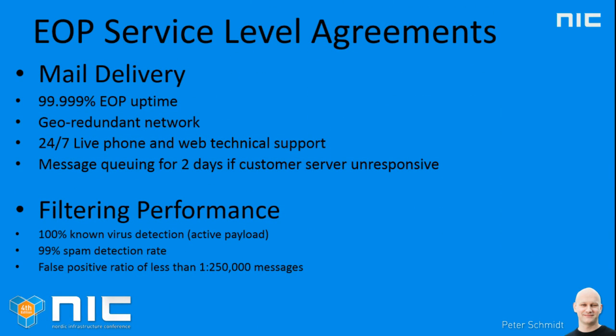If we look a bit at the service level agreements, which is probably important to most of us, Microsoft has made some service description papers describing exactly what you get from the services in Office 365. And here are a few bullets from the service description paper on Exchange Online Protection. They guarantee you 5 nines in uptime, and that's a lot of it mainly because they have highly available and redundant systems with data centers all over the world. In Europe, we have data centers in Ireland and in Amsterdam.